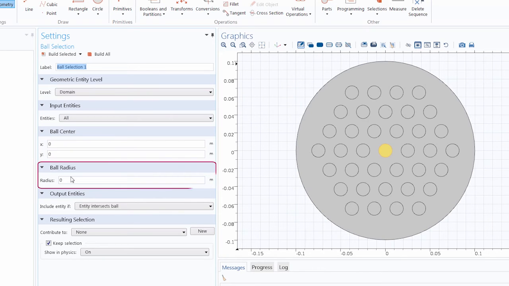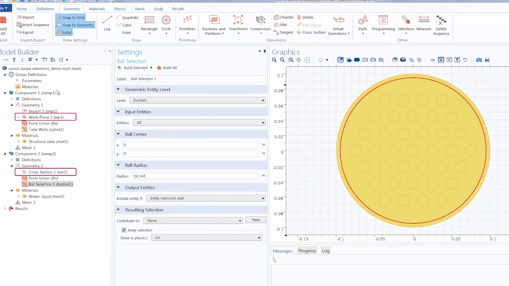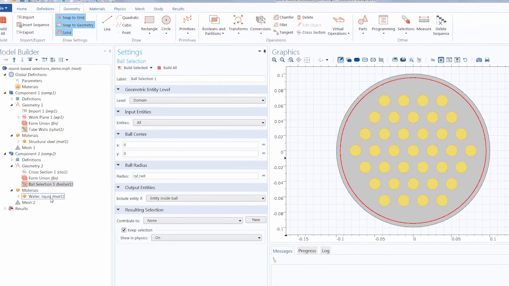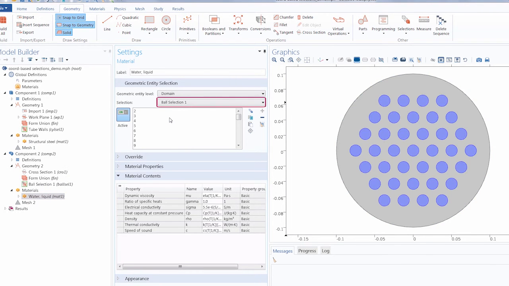Under ball radius, we would specify the radius of the ball. And we can actually reuse our cylinder radius parameter right here, since it is a cross-section of the 3D component. So let's change our include entity if option to entity inside ball. And we're all set. Let's use this selection to assign a material, in this case water, to the small round